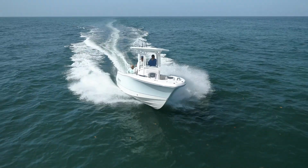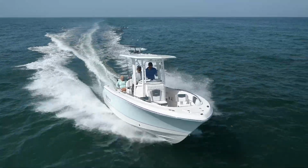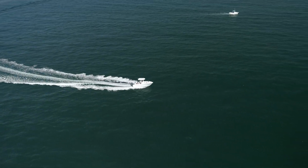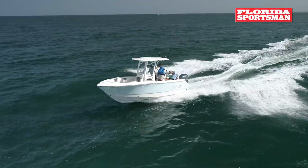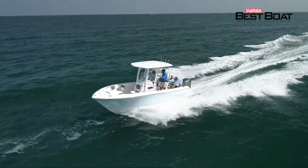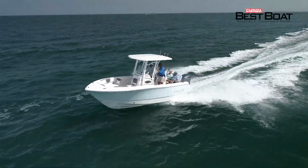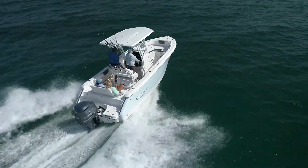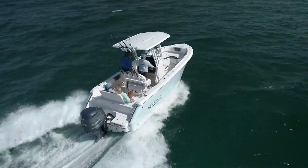In sloppy 3-foot seas, the R230 settled into a sweet spot if I kept her below the low 20s, but handled it fine when we added power and got closer to the upper 20s. Robalo's Hydrolift multi-angle hull design, terminating at 20 degrees dead rise, did an admirable job at keeping everyone comfortable while enabling us to stay on plane throughout the lower end of the speed range when the seas really developed. For a 23-foot family center console, you'd have no need for more in the type of conditions most of us